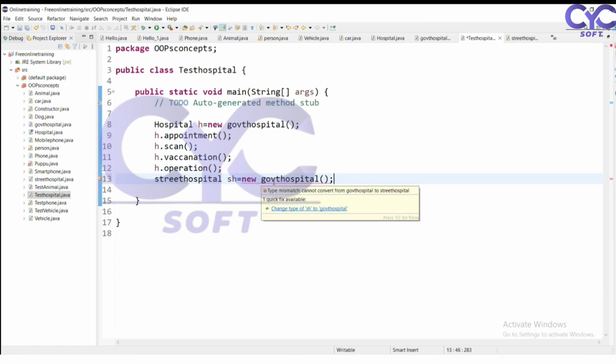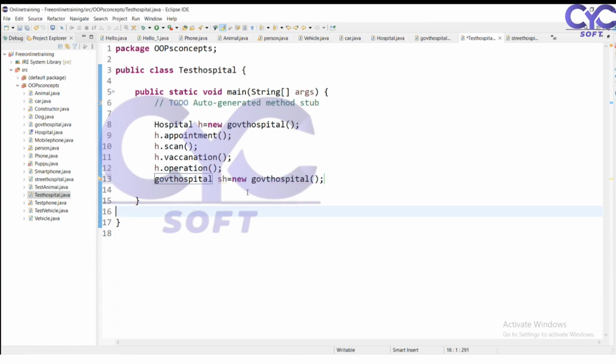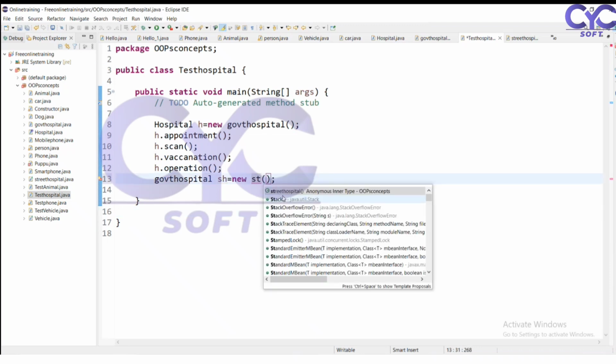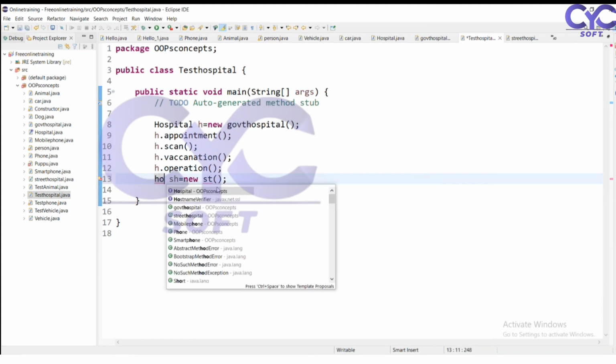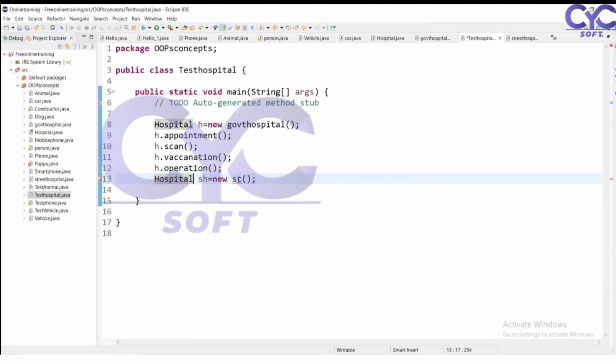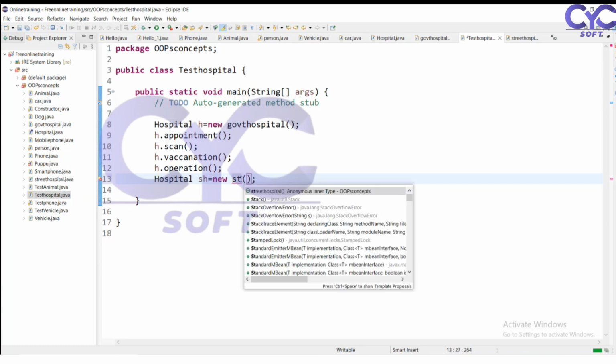Why? Because we don't have the object reference. So what can I do? I can create it like this. It is also giving the ambiguous error. With the hospital class, creating it with the street one is also giving the ambiguous error. Why is it giving the ambiguous error? Because